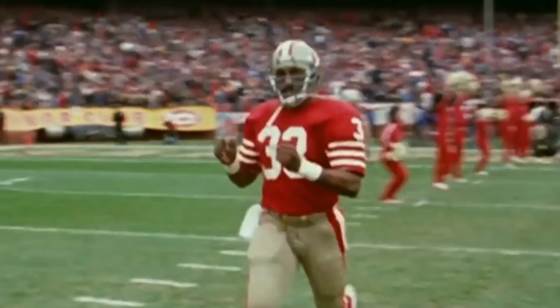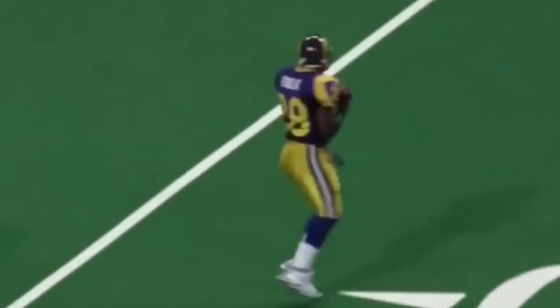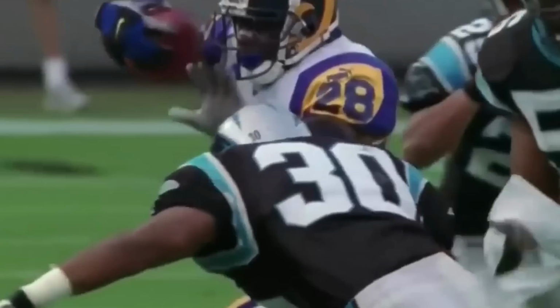Marshall Faulk took that Roger Craig, Lenny Moore style of pass catching back and elevated it into becoming the cornerstone of an offensive juggernaut. You could argue that Marshall Faulk had a 3-year stretch better than any other running back in the history of the game. From 1999 to